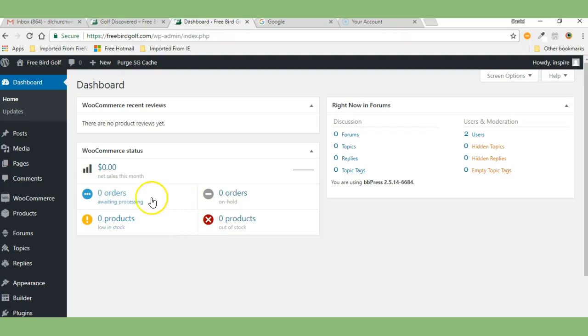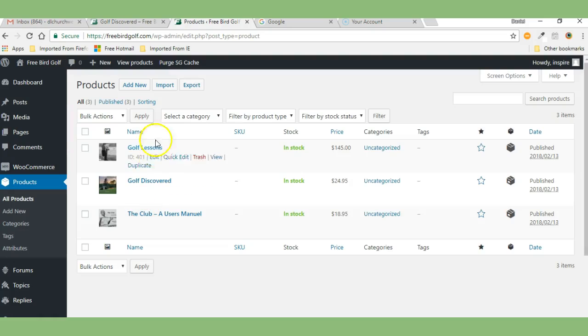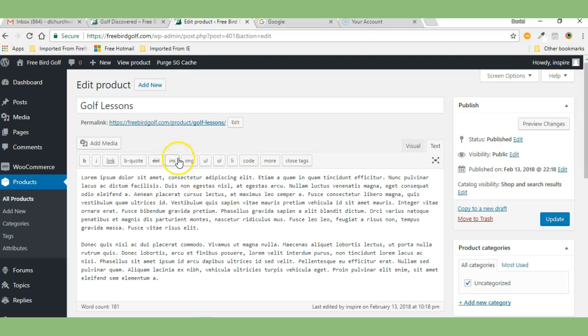Today we're going to be talking about how to add and edit products. When you get into your dashboard, you're going to go to Products and then All Products. And here's where all the products that we have are. If I get into one of these products, you can see that you can just go down like you would